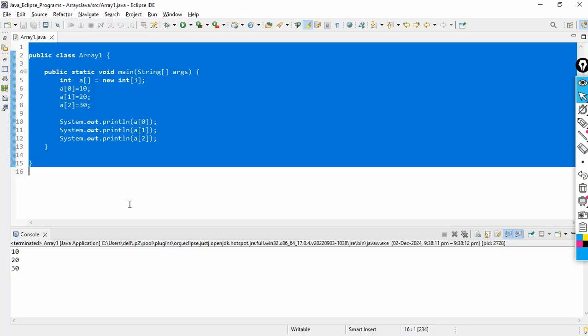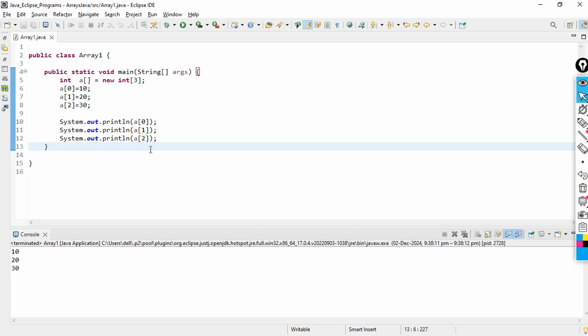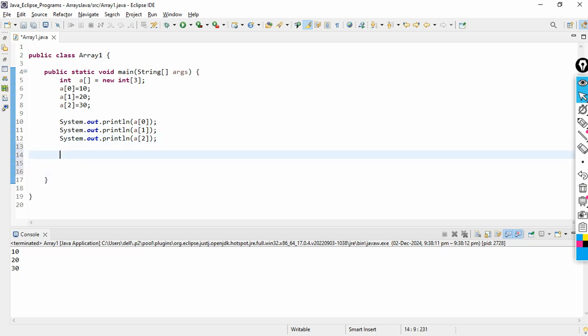Is that okay? Then the question comes here: how to print these array values using a loop? Using a loop, how to print the values present in the array, that is what I am going to explain. Instead of writing this, I can also use the loop. For int i is equal to 0, i is less than 3 elements, i plus plus,